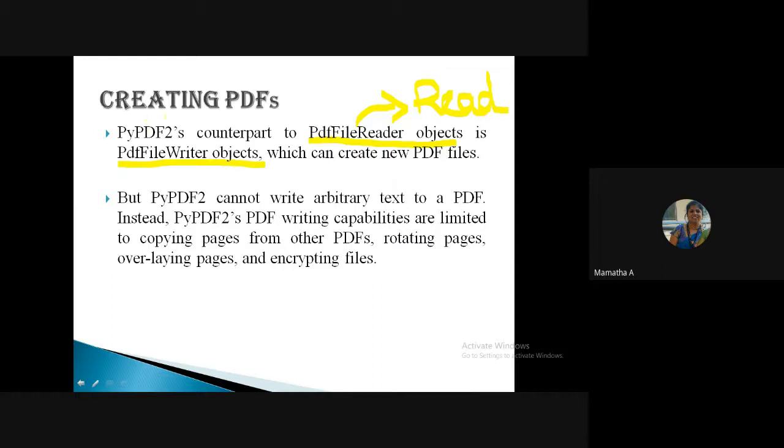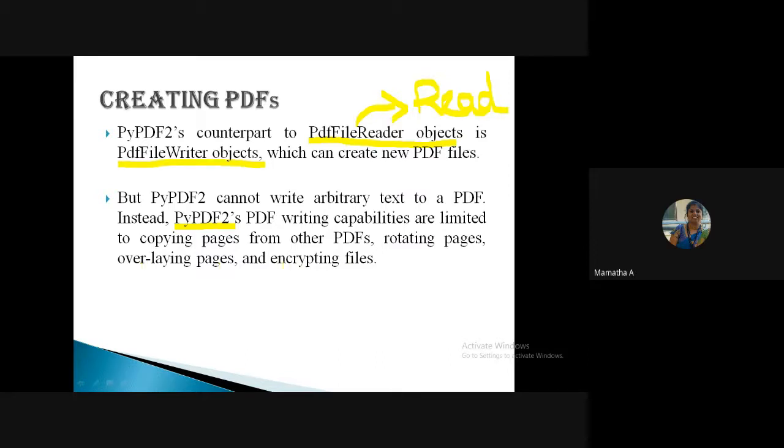That is also not allowed. We cannot create our own PDFs by writing something into it. But rather than that, PyPDF2 has writing capabilities limited to copying pages from other PDFs. You can copy whichever pages you want from the existing PDFs to your new PDF, rotate the pages in whichever direction you want, and overlay the pages, like adding watermarks and logos to your pages.